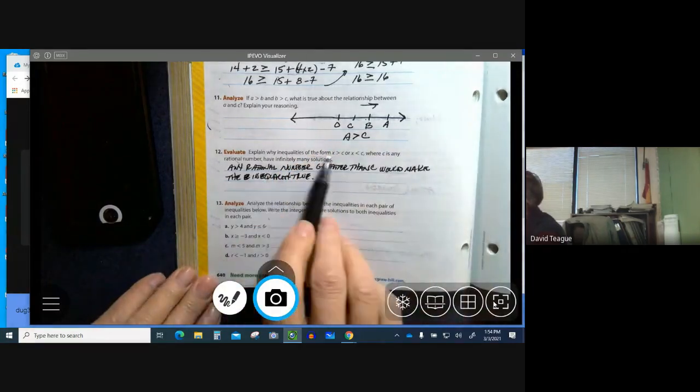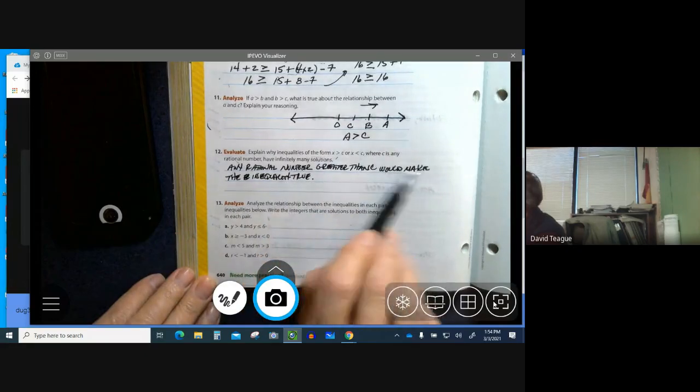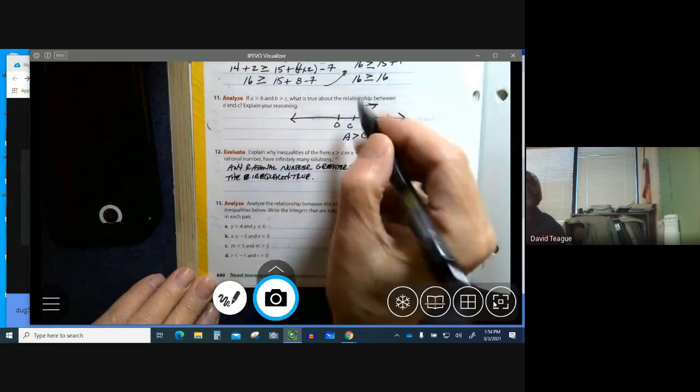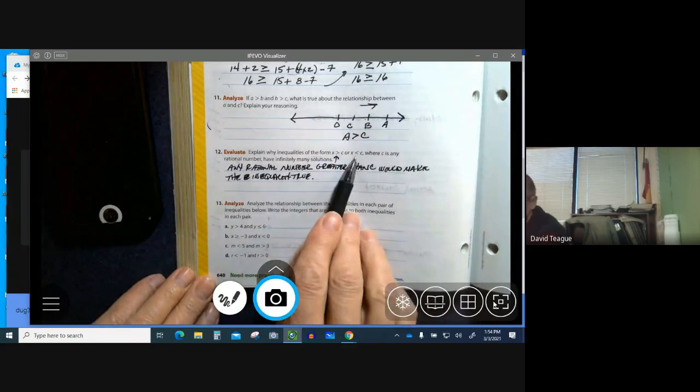Okay. So when you have x is greater than c, any rational number greater than c would make that true. And also for this expression here,